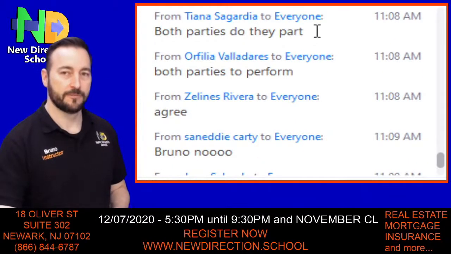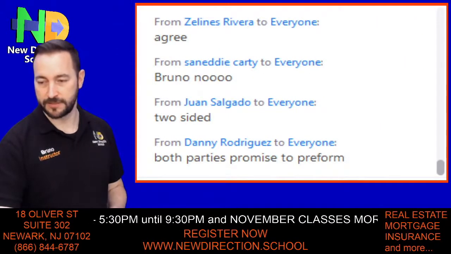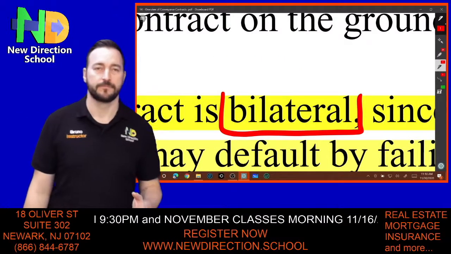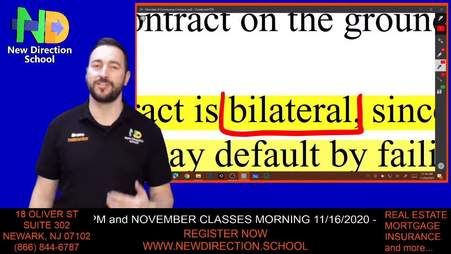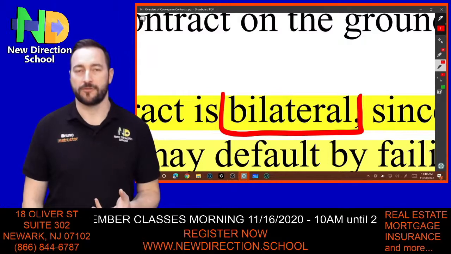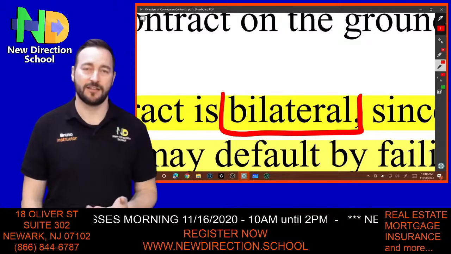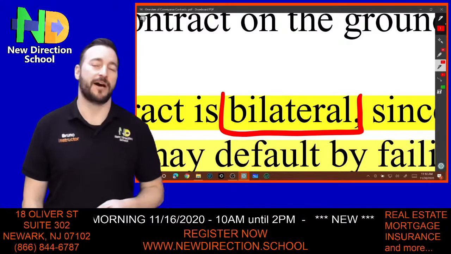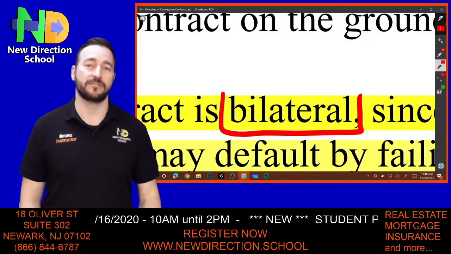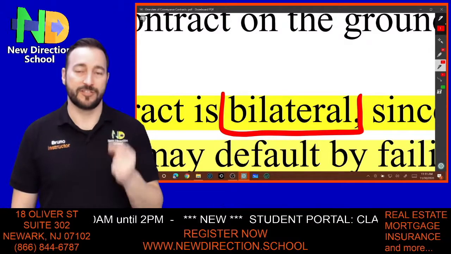Right here. Both must do their part. Both parties must agree to perform. Very important. So when we're talking about bilateral, it means that both parties must do something in order to close. Unilateral, like a lease with option. The seller must sell, but only if the buyer says a year later or 2 years later, whatever the lease term is, hey seller, I'm ready, I want to buy. So there's an if there again.